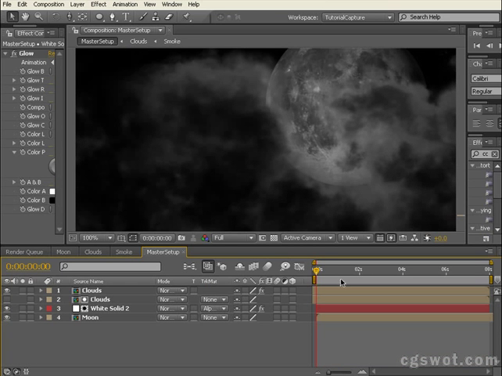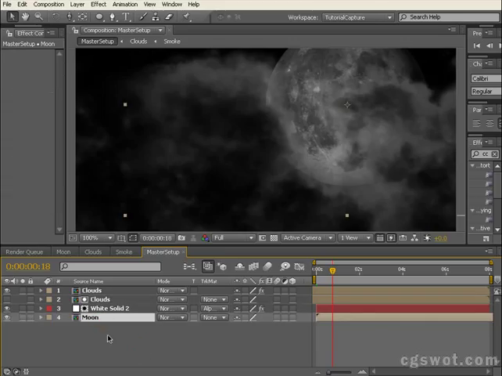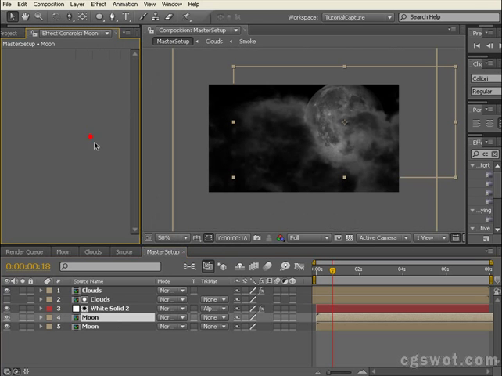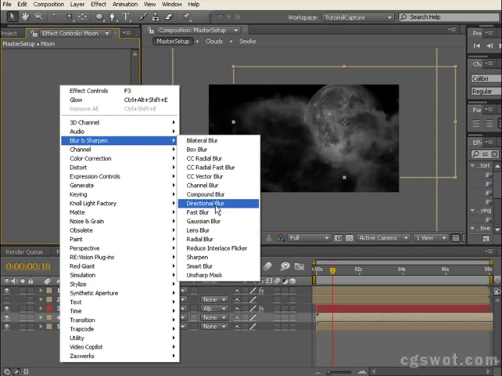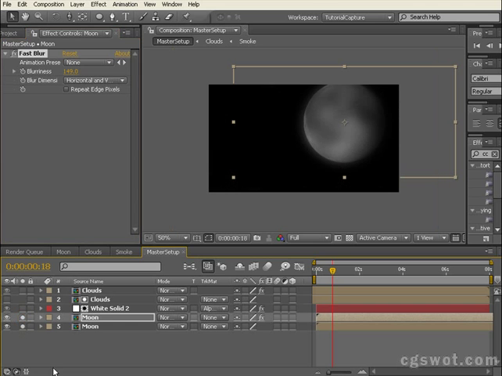So let's have a look at the moon now and see what we can do to give it a bit more of an effect. So we'll highlight the moon and hit Control D, and with the moon layer on top here, we're just going to bring an effect. We'll go blur and sharpen and just give it a fast blur, and we're just going to blur it right out. I'll just isolate those two. So what we're doing there is just blurring out the moon quite a bit, probably about 200 on the blur,